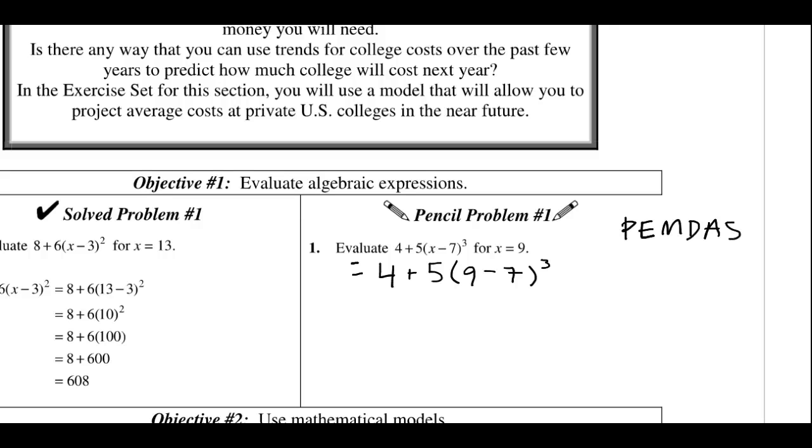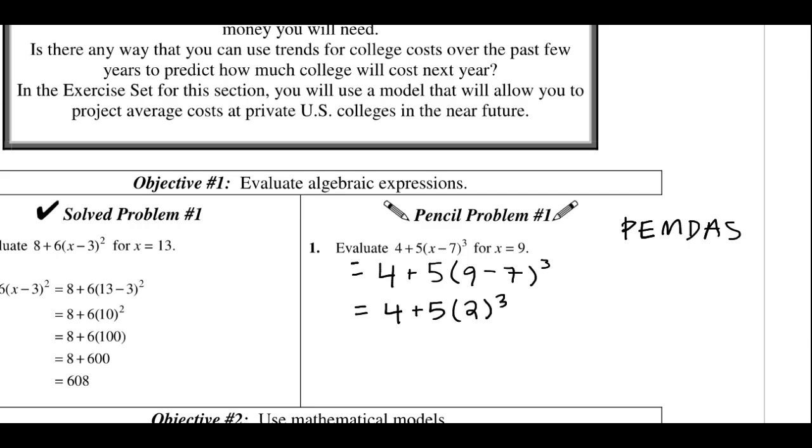So what that generally stands for is you want to do anything in parentheses first, then you want to apply exponents, and then multiplication and division comes next, and then once you've finished any multiplication and division, you want to do addition and subtraction. So in this problem we have something inside parentheses, 9 minus 7. So that's what we want to do first. So we'll do 9 minus 7, which we know is just the quantity 2